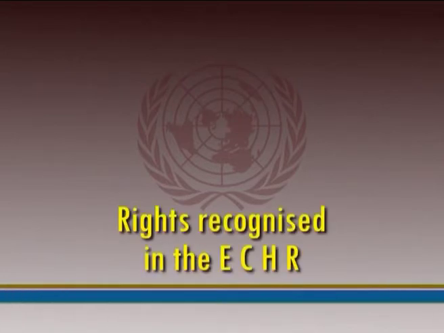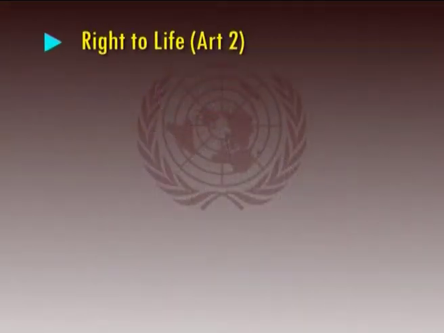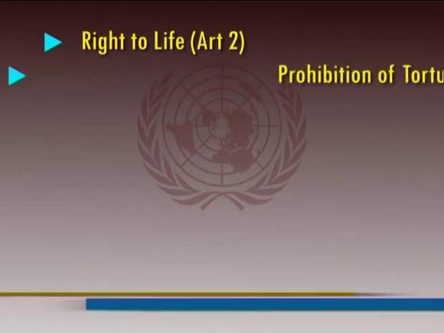Rights recognized in the ECHR. The European Convention adopted various provisions relating to the rights and freedoms to secure to every high contracting party to the Convention. Section 1 of the Convention prescribes rights and freedoms such as right to life, Article 2, prohibition of